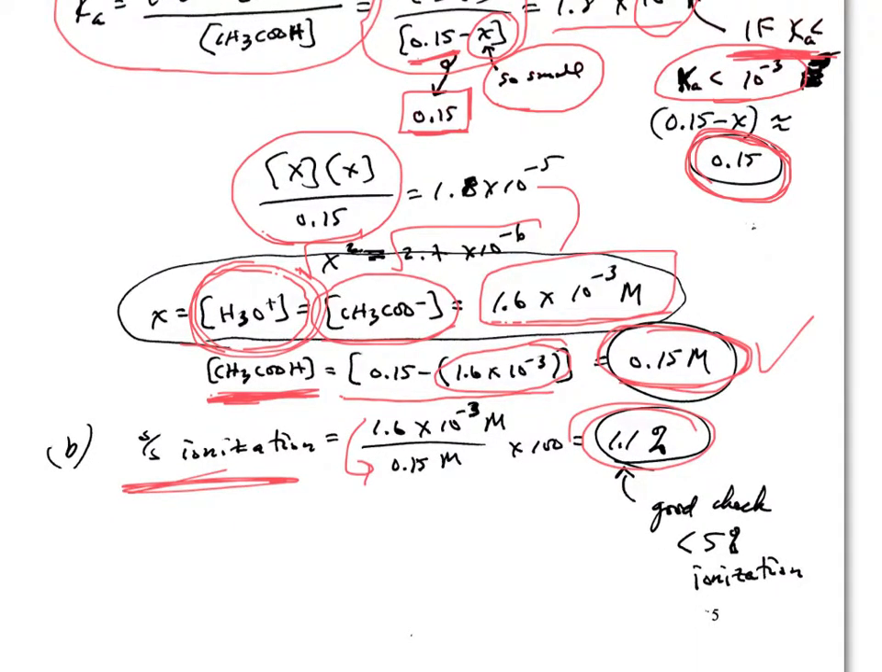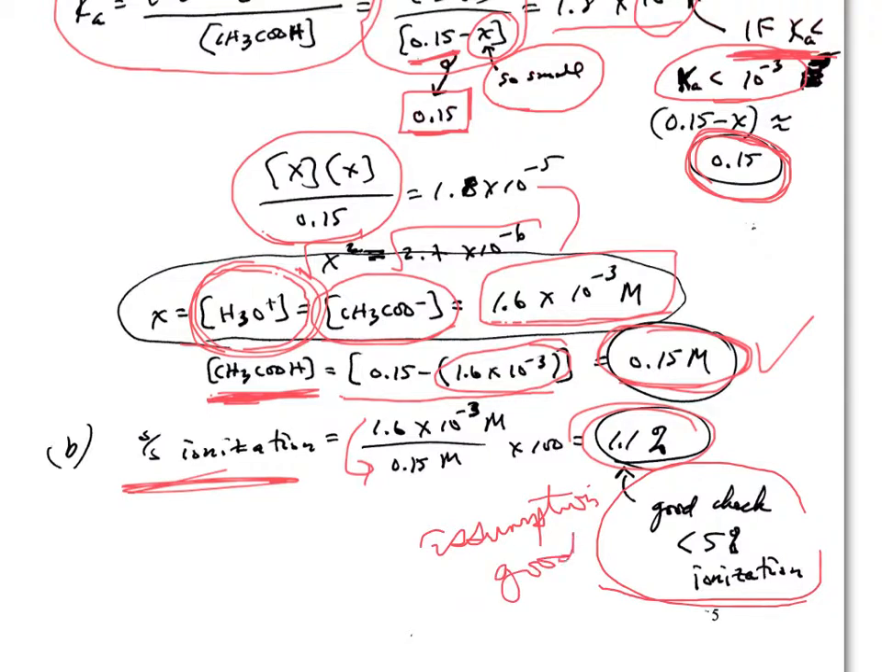So that little assumption that we made, that if your K is less than 10 to the negative 3, you can go ahead and simplify those binomial expressions. You can literally just drop the x out and leave it with just the number, okay? You can always calculate the percent ionization, and if the percent ionization comes out to be less than 5%, you know then that your assumption, doing that simplification of the binomials, means that you were good to go on making an assumption for that